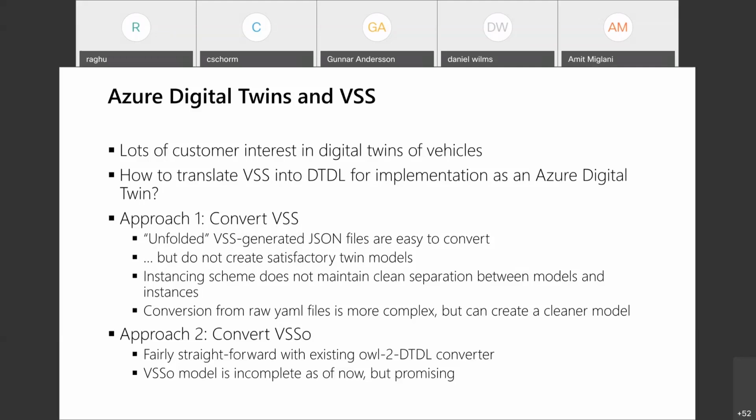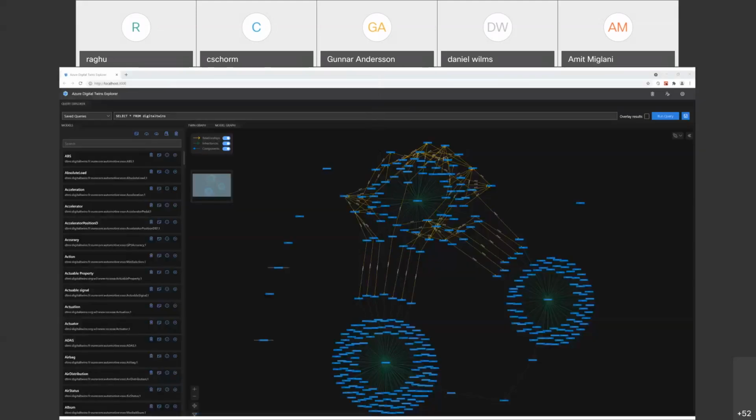Just for reference, we've done that with other OWL-based specs as well. For example, one of the current open source specs is for a real estate model that is based on Real Estate Core, which is an open source OWL spec for real estate. And we converted that. The DTDL version is completely based on this OWL version with automatic conversion. So to show an example,